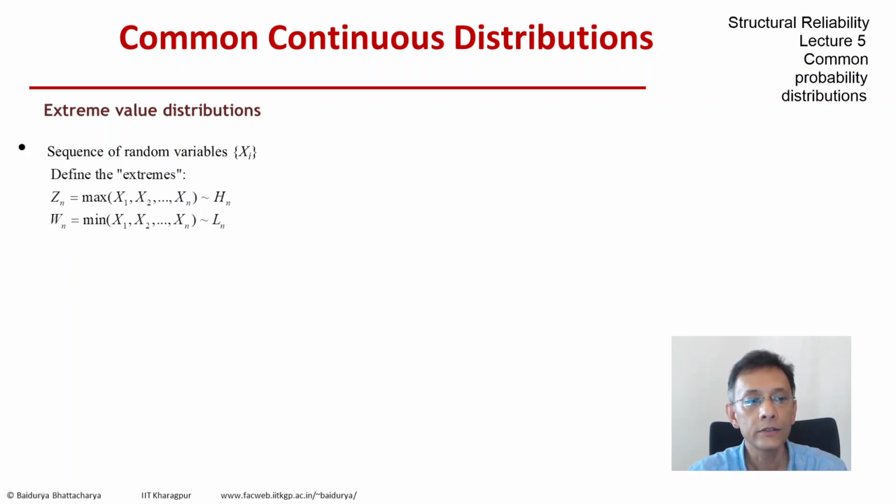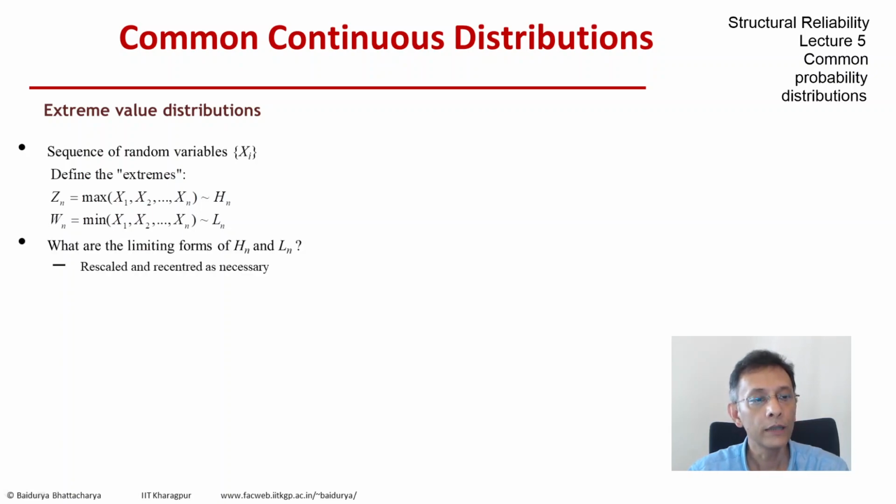So Zn is the maximum of the x's and it's distributed as h, which is a function of n, the number of elements, and likewise Wn, the minimum, is distributed according to Ln. Now we do understand that as n goes to infinity, these distributions h and L will become degenerate, basically step functions. So the question is that if we rescale and recenter them properly, what are the limiting forms of h